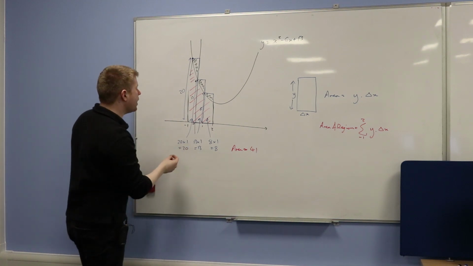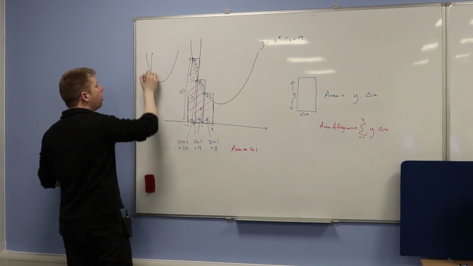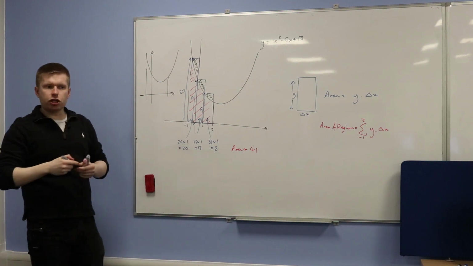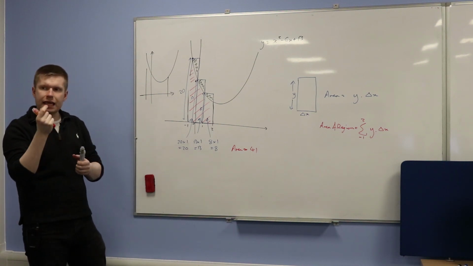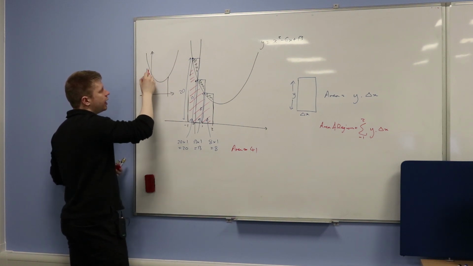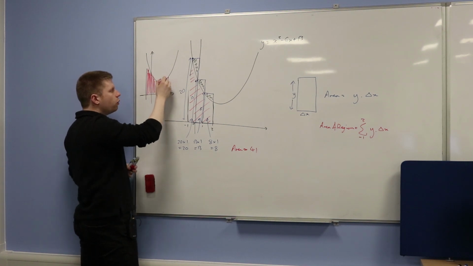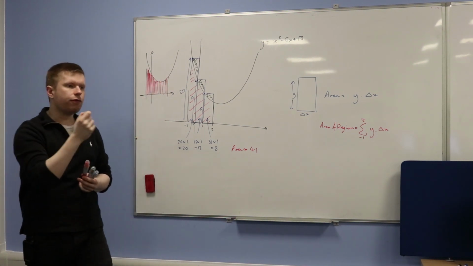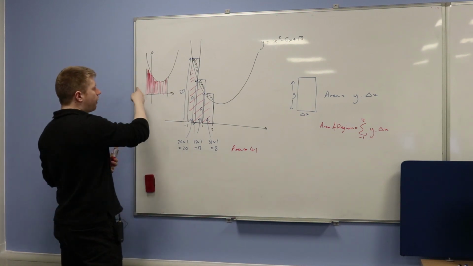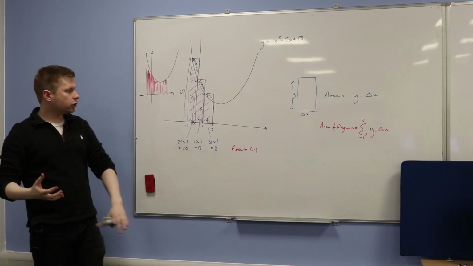So what I'm trying to say is that I'm going to change this so that the area underneath the curve, that's my area which I want to work out, if I change it so that each rectangle has infinitesimal width, so in other words, it's basically just a straight line. I'm drawing rectangles here, even though they're really, really small. So if I add together all of those rectangles, I would get the exact area. Okay? So if I change this,